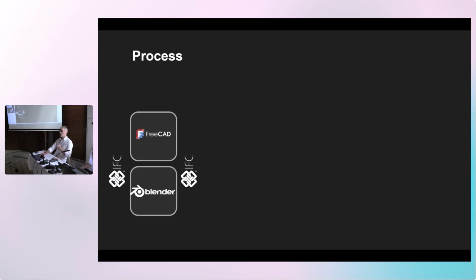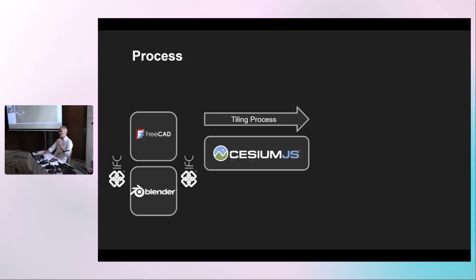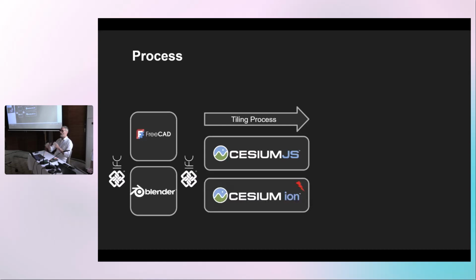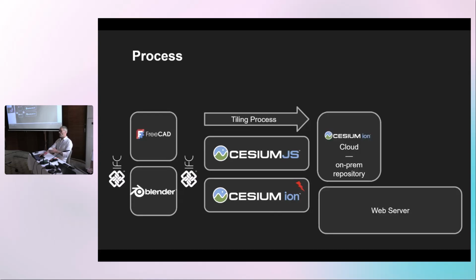And then what happens is usually you take the model, you export it to IFC, take the IFC file, and the tiling process begins. And then CesiumJS and Cesium ion come into play. So Cesium is a company that we acquired that delivers that JavaScript library that basically creates that Google Earth kind of application. And once the tiling process is over, the 3D Tiles are going to be stored in a repository, which is either cloud-based, like in Cesium ion, or